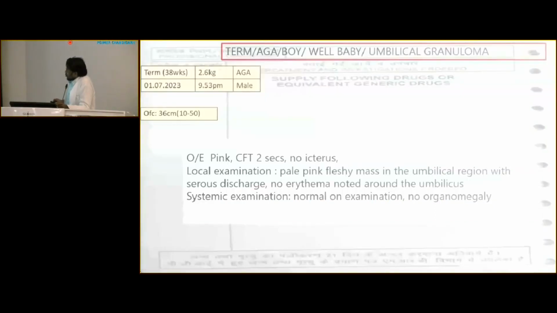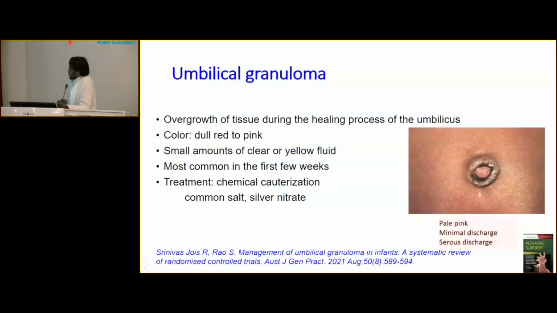Umbilical granuloma is an overgrowth of tissue during the healing process of the umbilicus. It's a normal thing. It's like the epithelialization has not finished over the umbilical region. Usually by the end of the first week, the umbilicus dries out, and by the end of 15 days, it falls off. After falling off, occasionally a small fleshy mass might be visible, but if it is persistent and shows